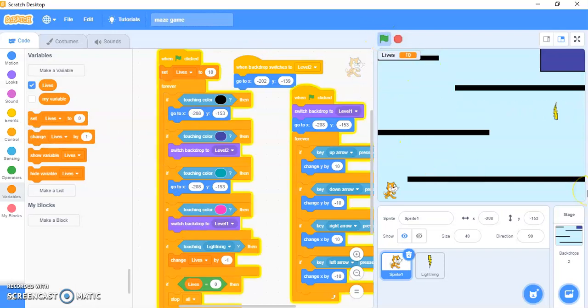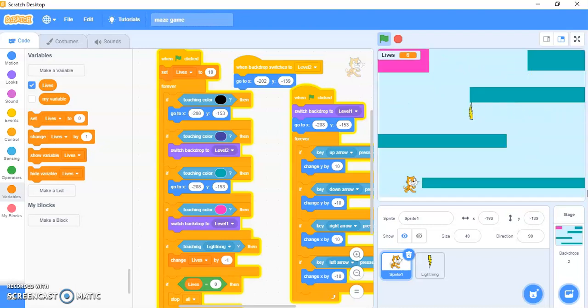So let's see. You have to be very careful again. I have not practiced it, so it's difficult for me. Yeah, it has touched the lighting, so I am in the next level again.